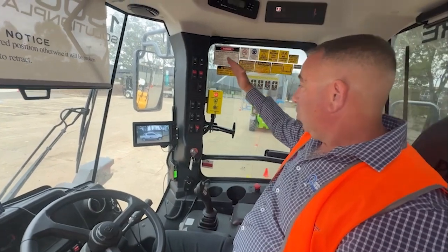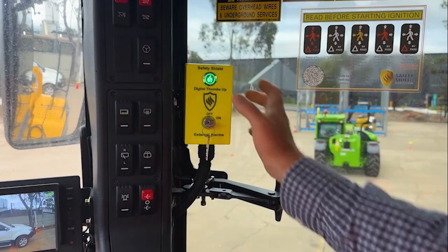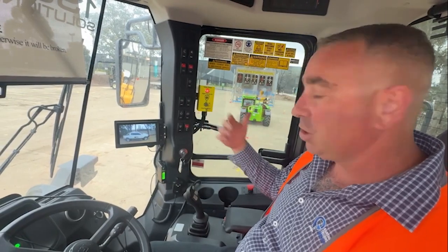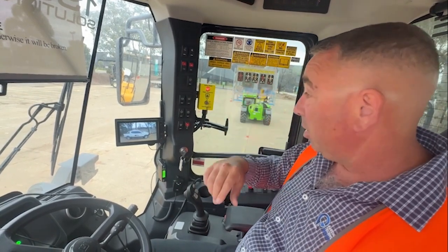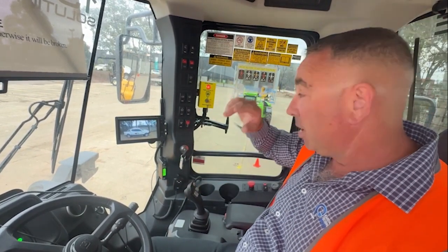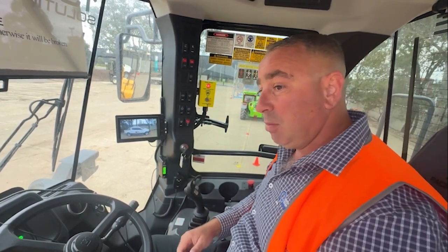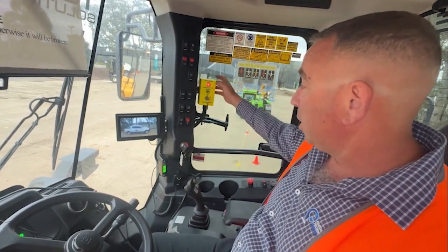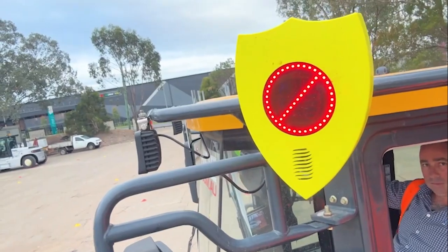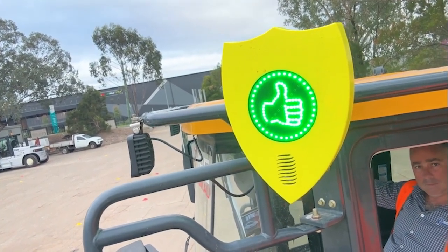So guys, also with the safety shield system you can get what they call the digital thumbs up. Now this works in conjunction with the machine and possibly if you wanted to, it can work in with the park brake. So at the moment the machine's in operation and on the indicator outside, to any pedestrians, anybody wanting to approach the machine, you should have a thumb outside with a red cross through it saying do not approach the machine. But if somebody's out there and they want to come and talk to me and they give me the thumbs up, I can press the button, it goes green, you get an audible and visual alert, and if you pan down to the screen on the actual machine,